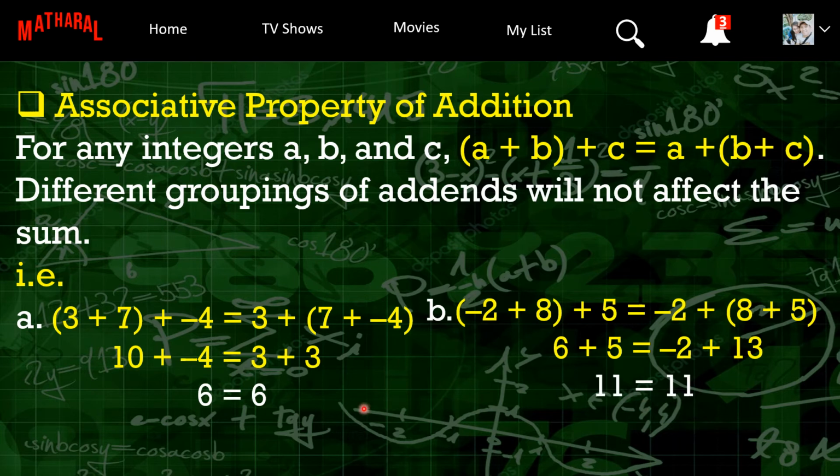So we can say that example A and B here are under the associative property of addition. So napatunayan po na pagpalit-palit lang po ng groupings, it will not affect the sum, the groupings of addends. Hindi po maapektuhan ang pinakasagot. So, moving forward,